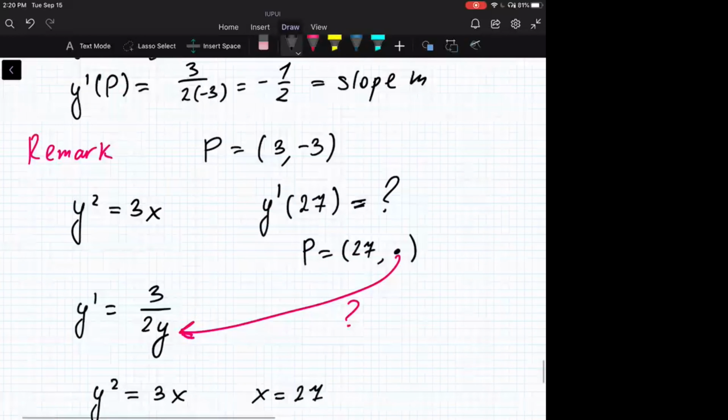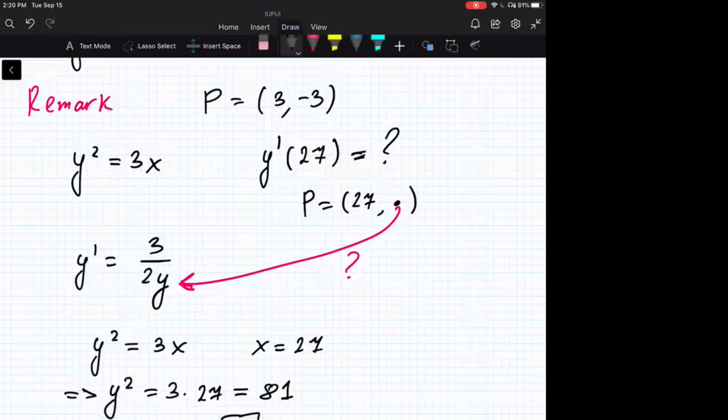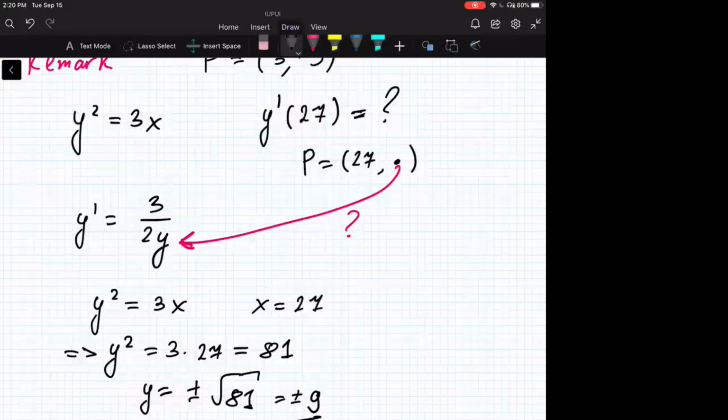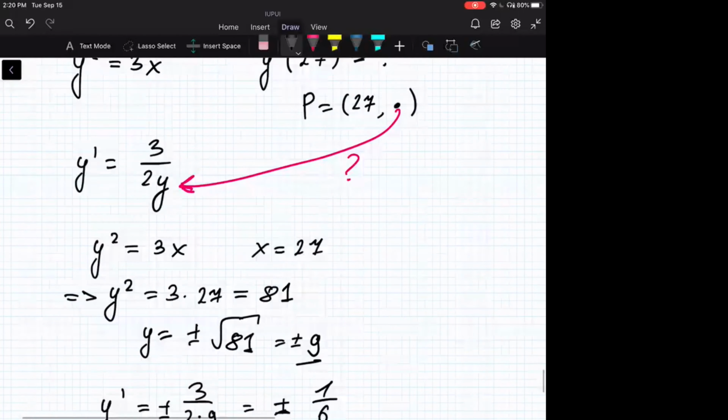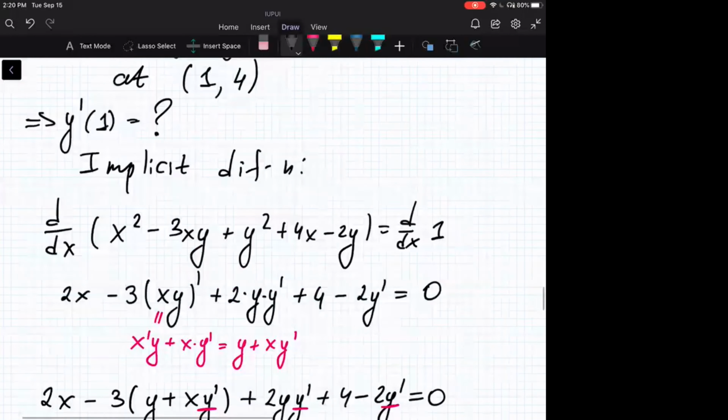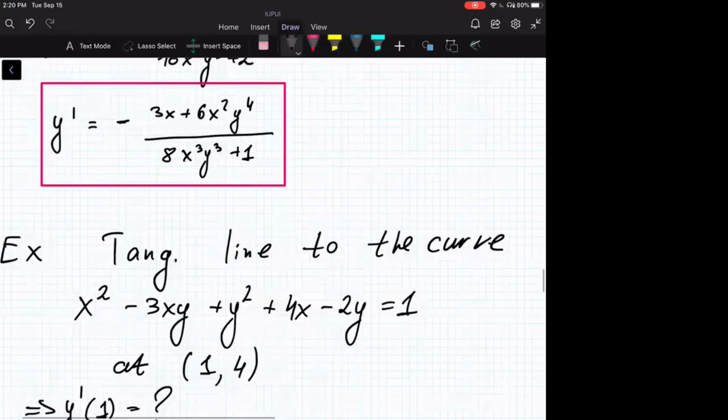So again, what is the point of this remark? Sometimes it's not common, but you can see such a problem where you don't know both coordinates, but only one, say x. And to find the second one, you have to plug your known coordinate into the initial equation and find the second one. Of course, usually both coordinates are given, because even if you, for example, plug, say,